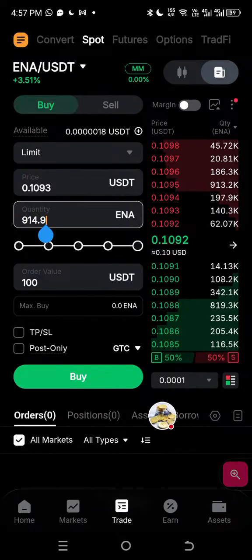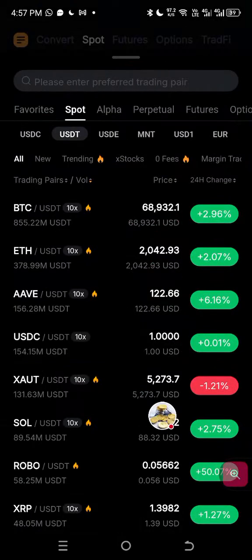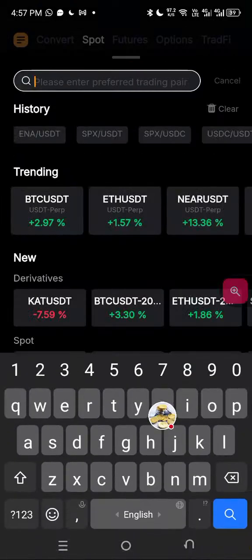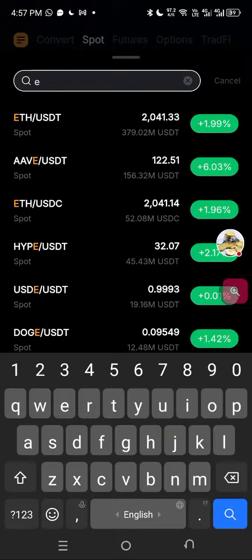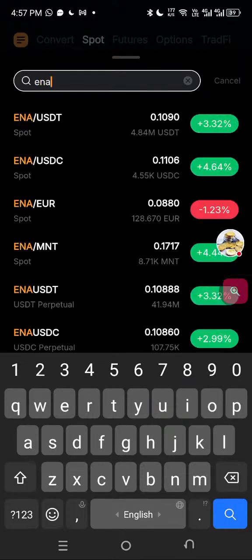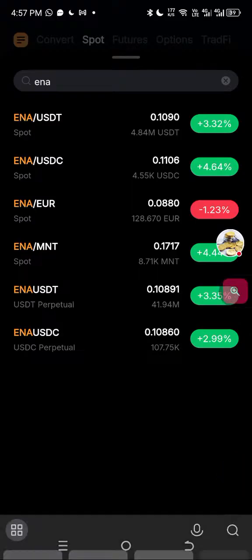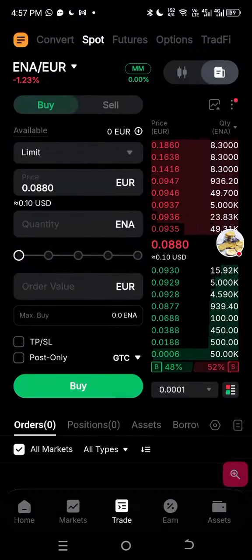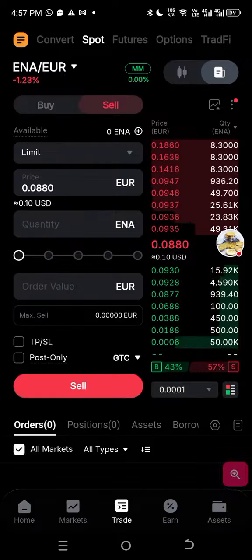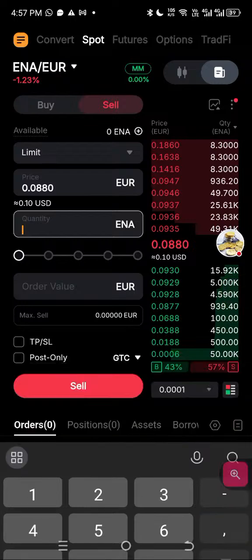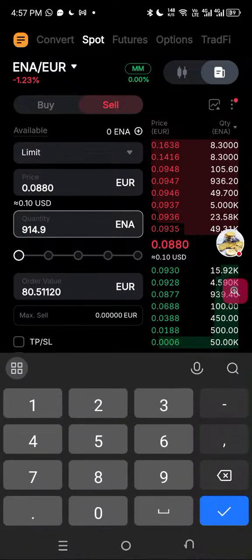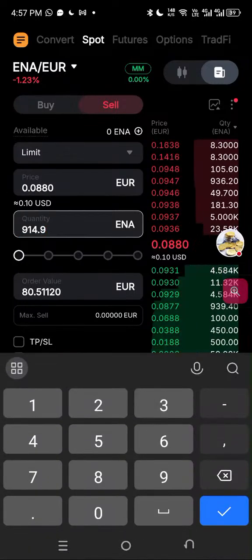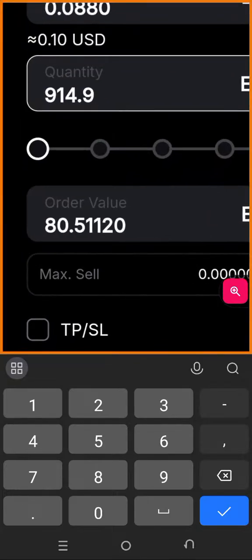So we're going to go search for ENA euro. Okay, so that's ENA. Put this aside. ENA, and then we choose the euro option. So that's what we're doing now. We're selling to euro, right? You click on sell, and then let's see if we can paste the ENA here. If ENA can be pasted, we'll check it out. Okay, we can. So you can see here, it's saying that we get